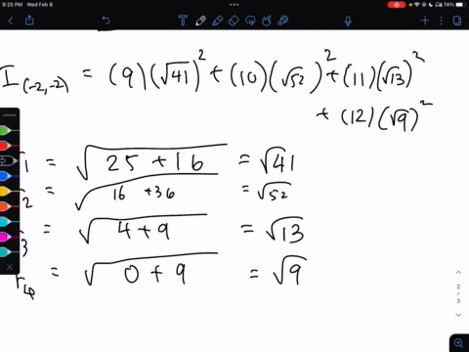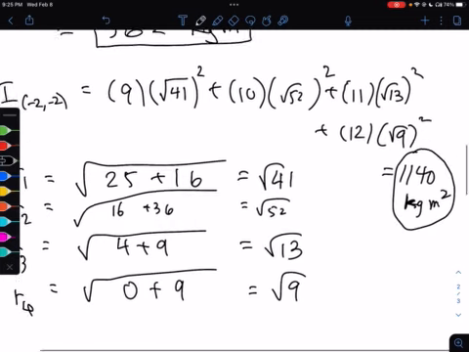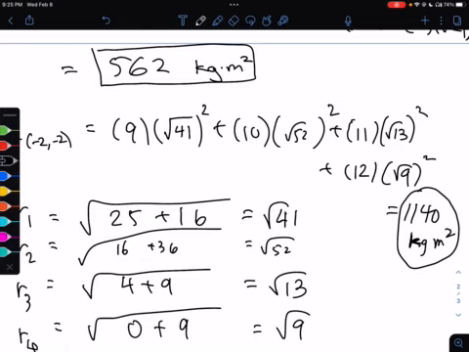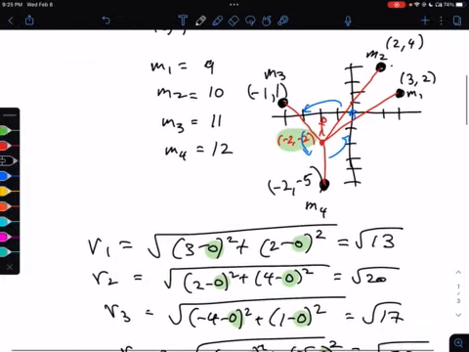And that is 1140 kg m squared. Okay, so the first time I did this, I got 562. The second time I did, I got 1140. What does that mean? That just means the first person that we drew, who was standing at the origin,